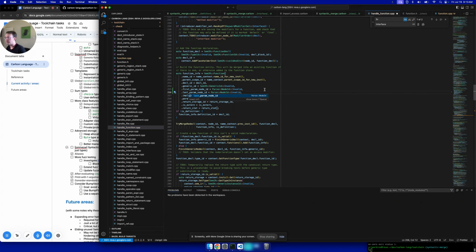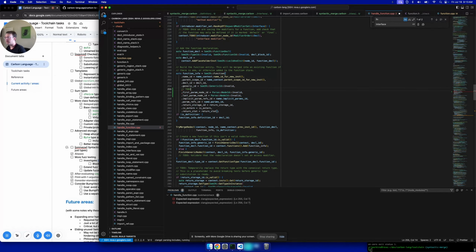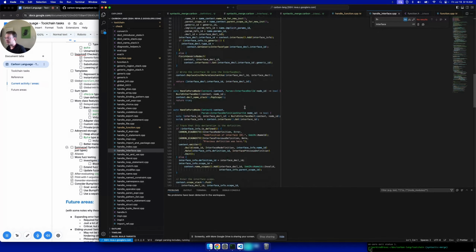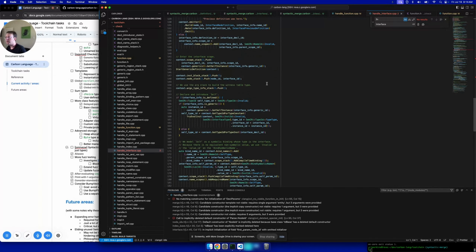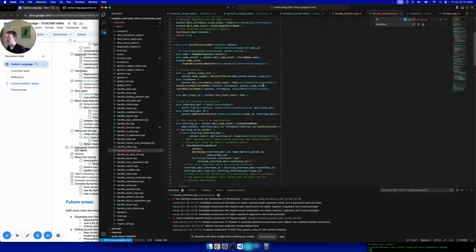I'll figure out how to get that data later. And this is just a to-do marker, so I can maybe find this again later. And similarly to before, okay, apparently